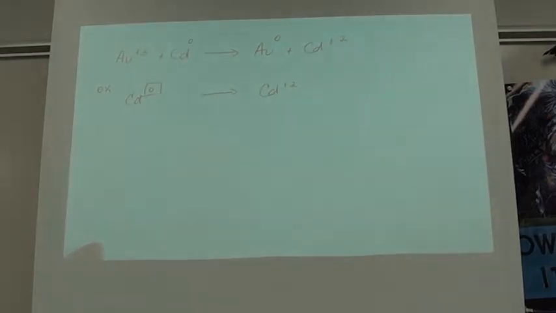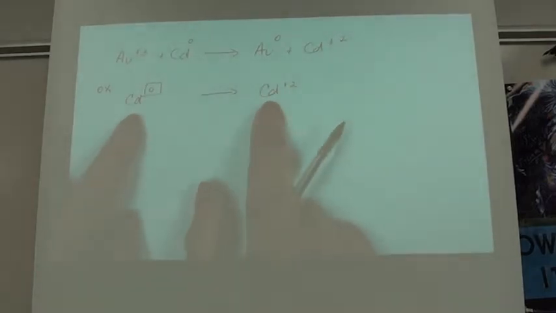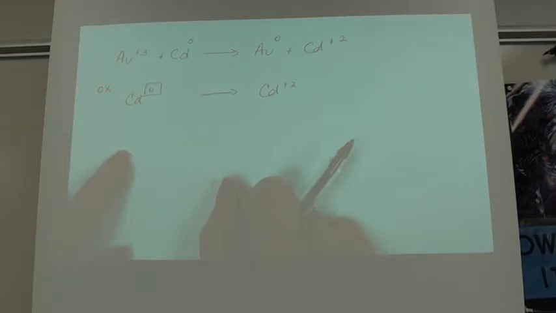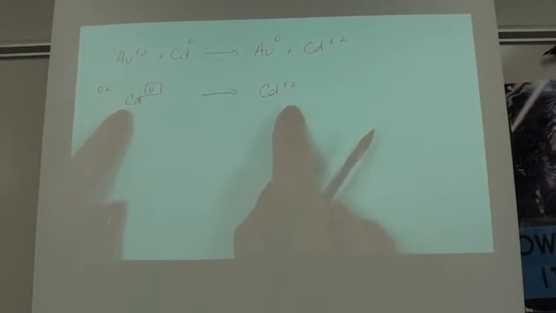Looking at my directions, do I need to balance this? No. One cadmium here, one cadmium there. If I needed to balance, my only option would be to balance using the coefficients, correct? We know that from Chem 1. Do I have to mess with any hydrogens or oxygens? No. So now I have to make the charge the same on both sides of the arrow, and my